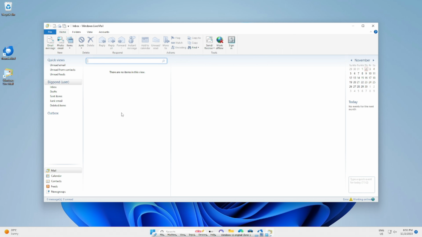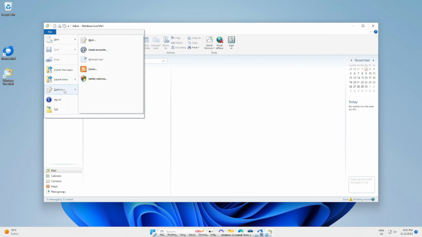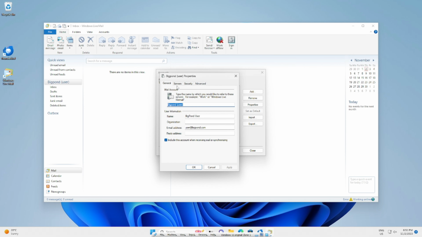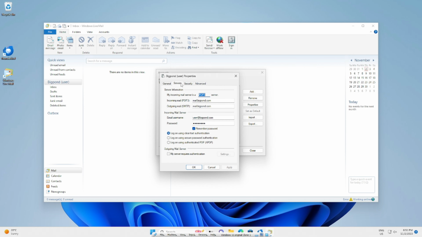If you're using Windows Live Mail, for people who are still doing it to this day, you've got to go into the File section and then go to Options, go to Email Accounts. From here, you want to click on your email account and go to Properties. From here, I want to click on the Server section, and I'm going to change this outgoing SMTP server, that one there, to